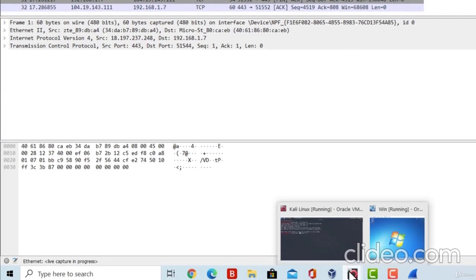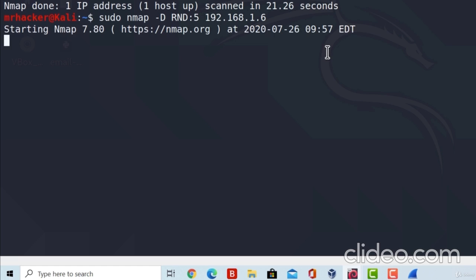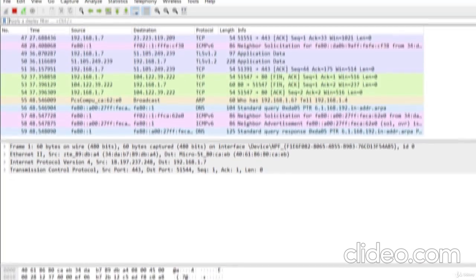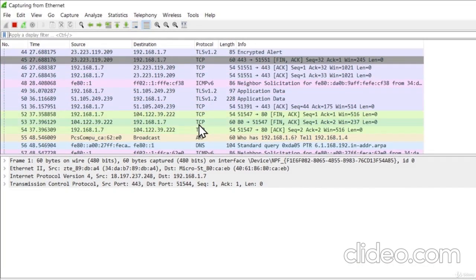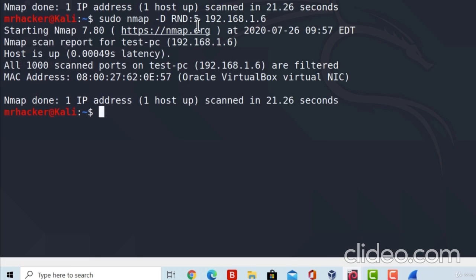So if I go back to my Kali Linux, and I run the command sudo nmap -D, and to specify how many random IP addresses we want to use to scan the target, we can specify -D and then RND, colon, and then the number of IP addresses we want to use. So in this case, I will use 5 random IP addresses. If I press enter right here and go to my Wireshark, it doesn't seem to be flooding anything. Are we successfully scanning? Oh, that's right, we are scanning the Windows 7 machine, my bad,